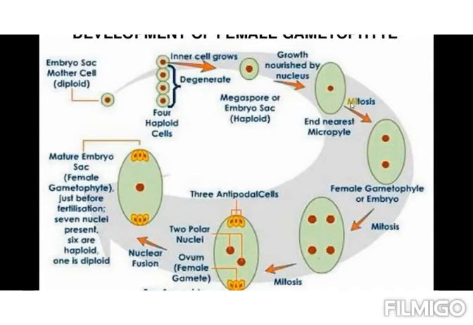In the first mitosis, from 1 nucleus there is formation of 2 nuclei. In the second mitotic cell division, from 2 nuclei there is the formation of 4 nuclei, and from the 4 nuclei in the third mitotic cell division there is the formation of 8 nuclei. Out of these 8 nuclei, 3 will be at the upper end and 3 will be at the downward end and 2 will come in the center.